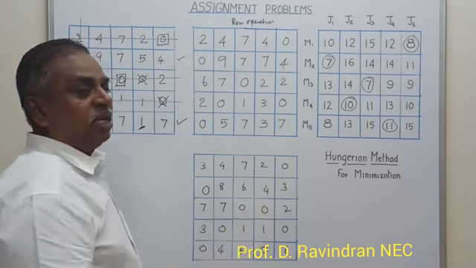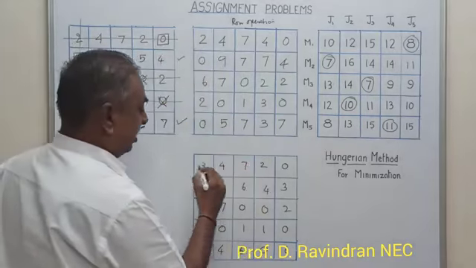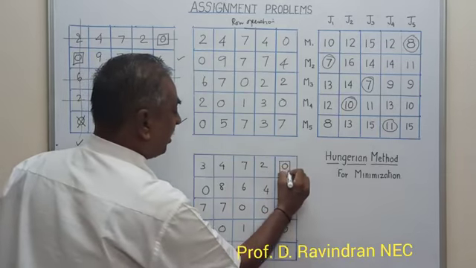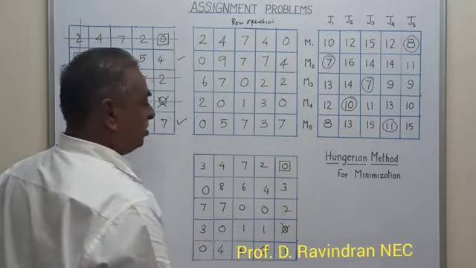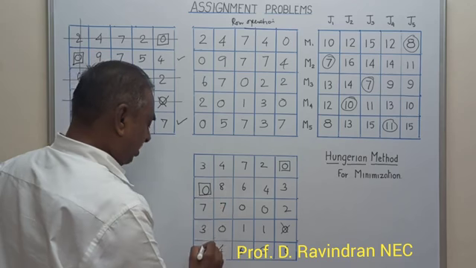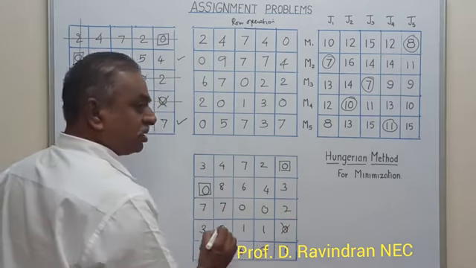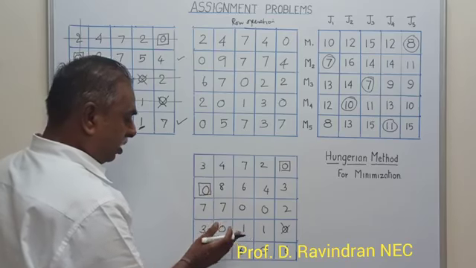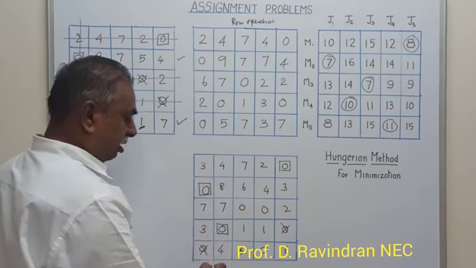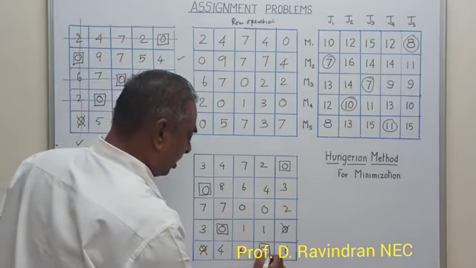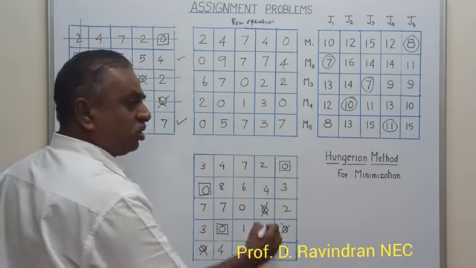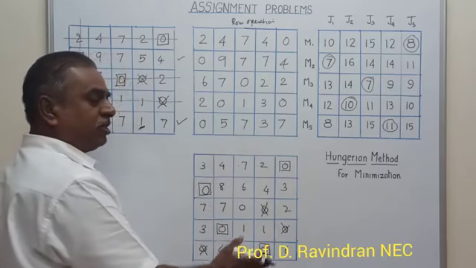Now we can make an assignment as we have done earlier. There is a single row, the first row, which has a single 0. You can make an assignment and then mark or cut the zeros present in that column. In the second row there is a single 0 appearing, so we mark it and then cut off the other 0. The third row has 2 zeros, so we pass on to the next one. Now in this row there is a single 0, we can mark it, and there are no zeros to cut off. Here there is a single 0, we mark the allocation here, and then we cut off this 0, since after making an assignment, we have to cut off the zeros present in the column. Now the row wise operation is over.